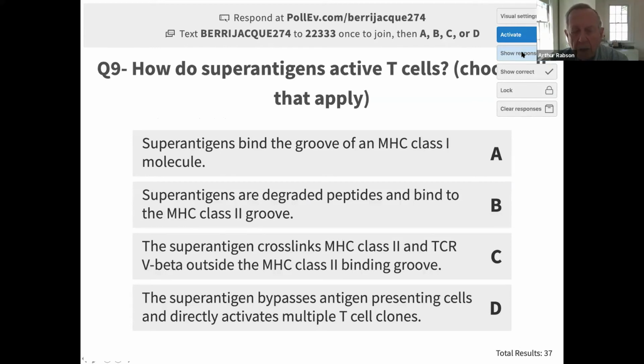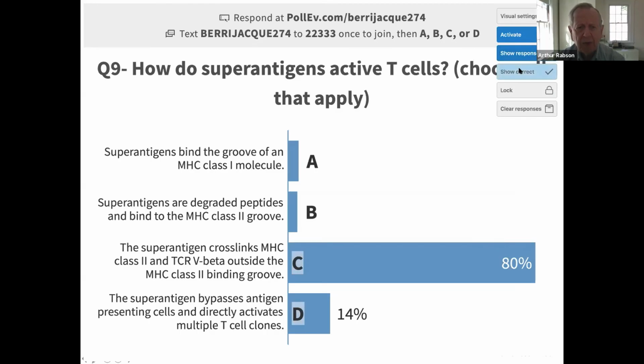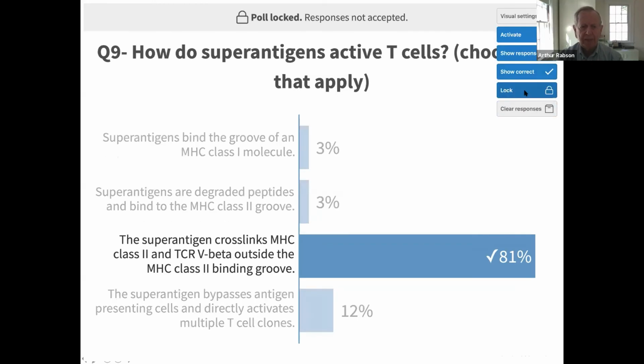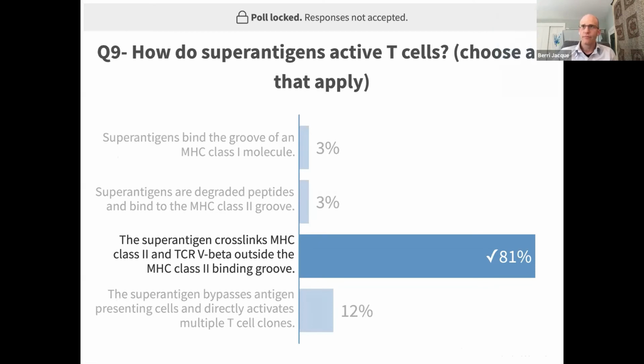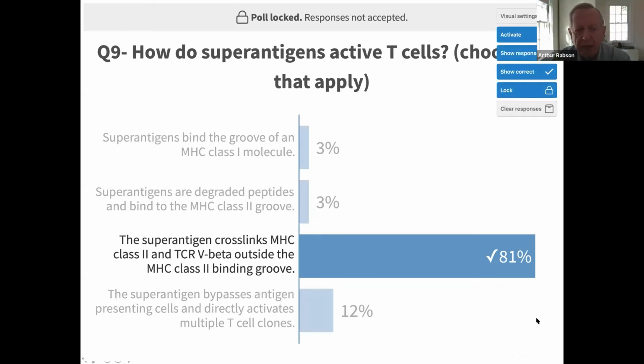So this is a question of how do superantigens activate T cells? Dr. Jacques showed you in one of the diagrams how they work, but let's see what you folks think about this. Great. So very good. These superantigens cross-link MHC and the T cell receptor outside of the usual MHC class II